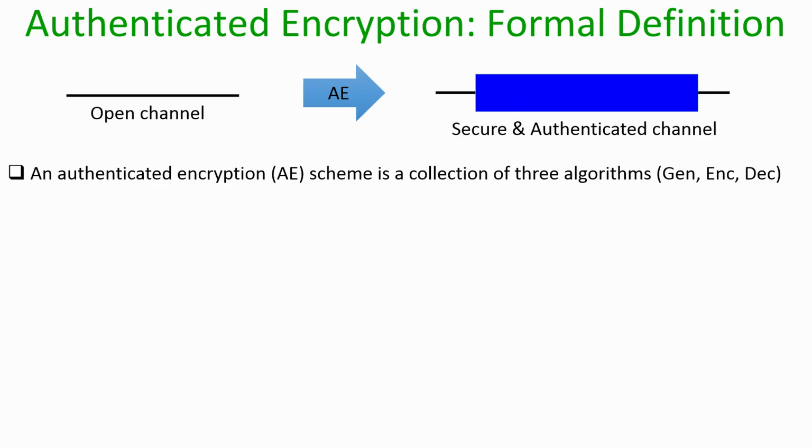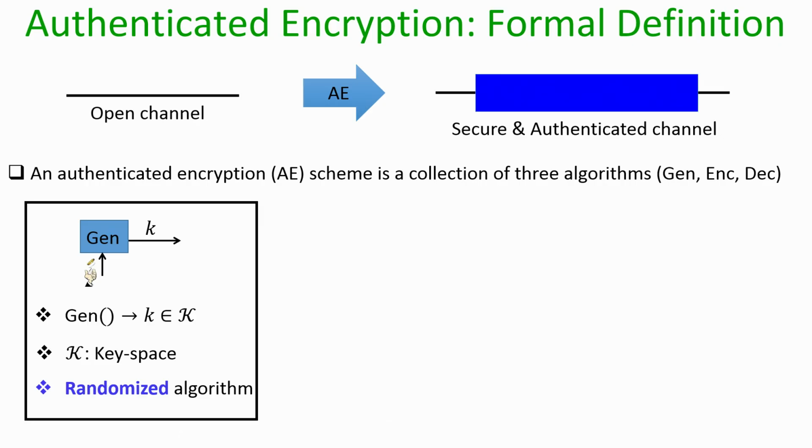So, formally an authenticated encryption scheme is a symmetric key encryption process, and it will be a collection of 3 algorithms, namely a key generation algorithm, an encryption algorithm and a decryption algorithm. So, syntax wise, the key generation algorithm will have no external input and it will have implicit randomness, and it will produce a key from a key space,